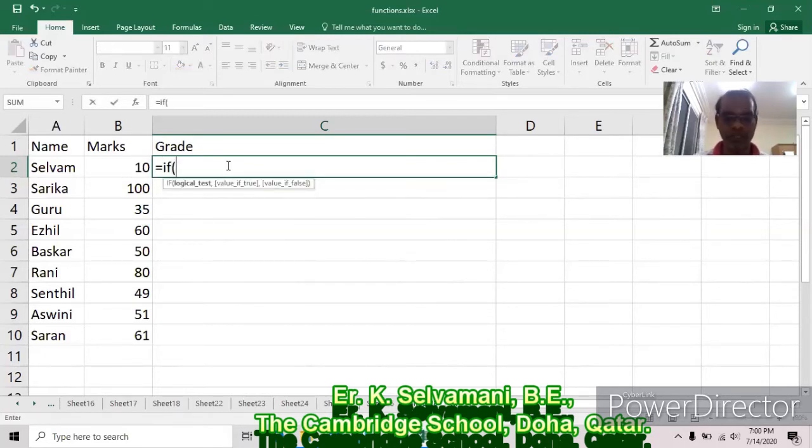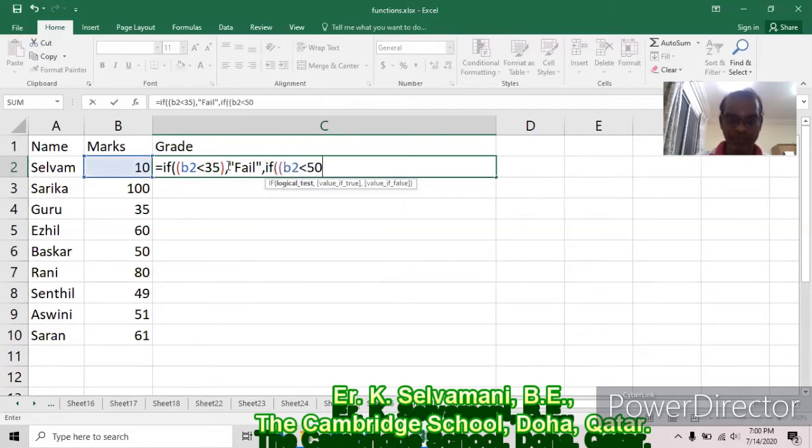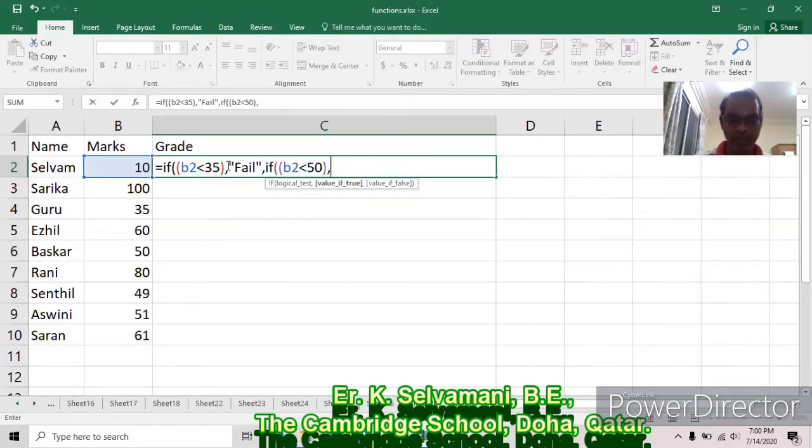Let's study IF. Okay. Once more I would like to type the same function. If B2 is less than 35, it is assumed he has failed. Since we already finished this, we type the whole function. Again, IF B2 less than 50, it is third class, in double quotes.